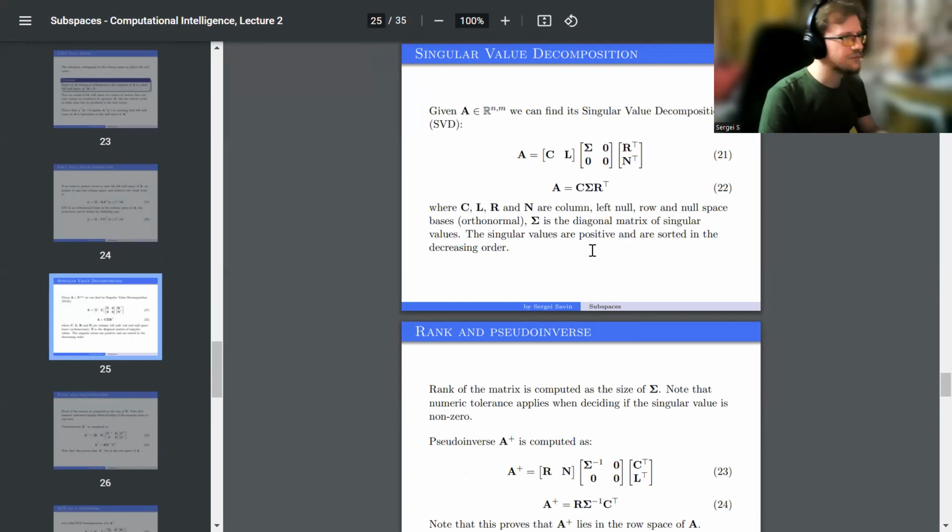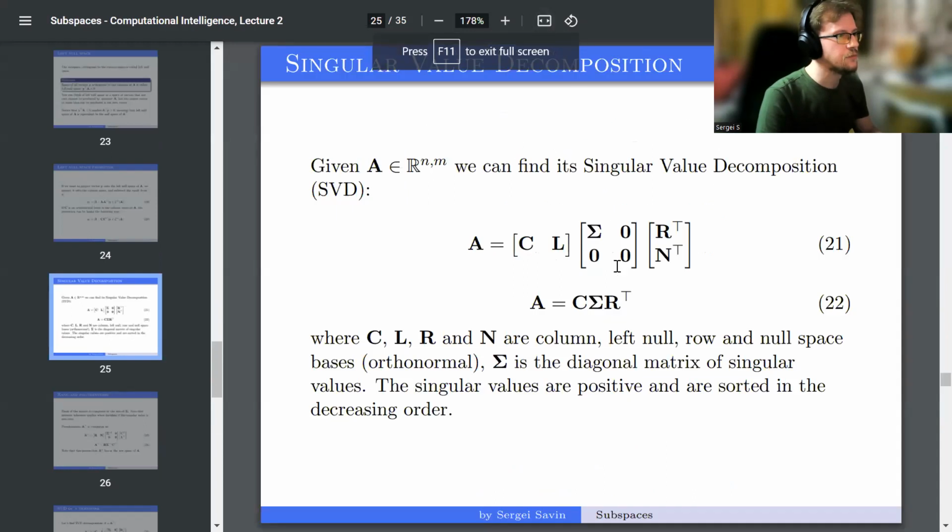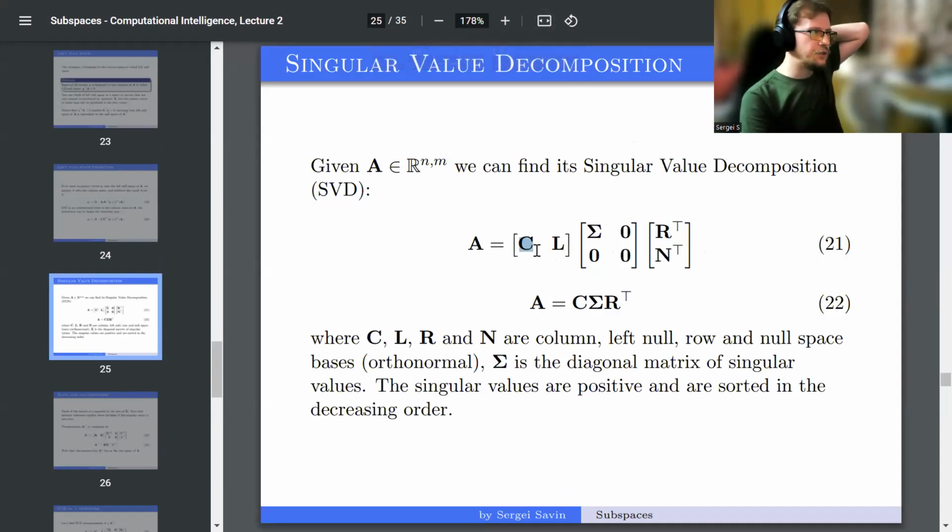I'm asking about C and R bases. They are also orthonormal bases. C and R. So C is, yeah, of course. They both are orthonormal bases. C is an orthonormal basis in the column space. R is an orthonormal basis in the row space. So are they unique here? No. Same as any orthonormal basis, you can replace them with any other orthonormal basis, which would be achieved